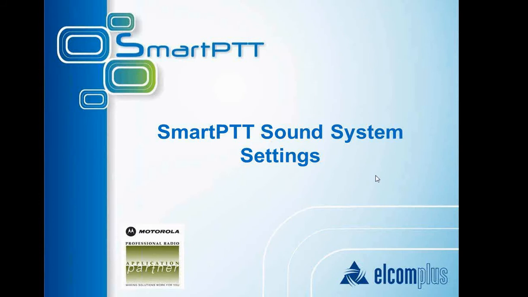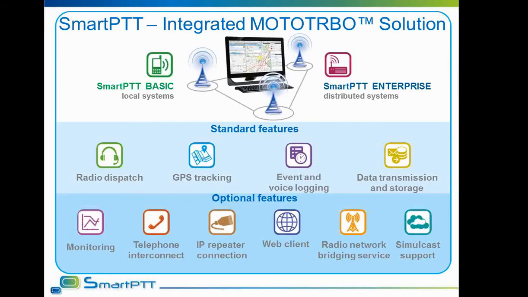For those of you who are not familiar with our software, I will give a short description of what is SmartPTT. SmartPTT comes in two variants. SmartPTT Basic is a solution for small local radio networks where a control station is used to dispatch the system. SmartPTT Enterprise allows dispatch and control over complex Motorola MOTOTRBO networks such as IP Site Connect, Capacity Plus, Link Capacity